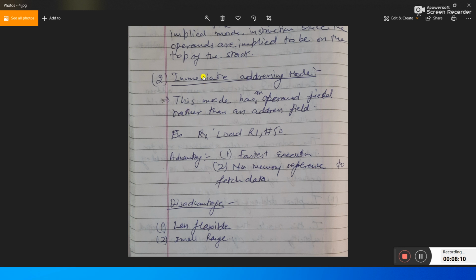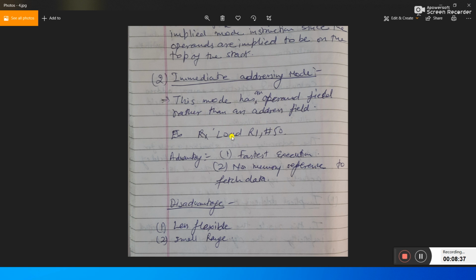Okay, now let's see another mode of instruction, the immediate addressing mode. I have written all the things related to the particular addressing mode here, and you can refer to this and find whatever you need. This mode has an operand field rather than an address field.